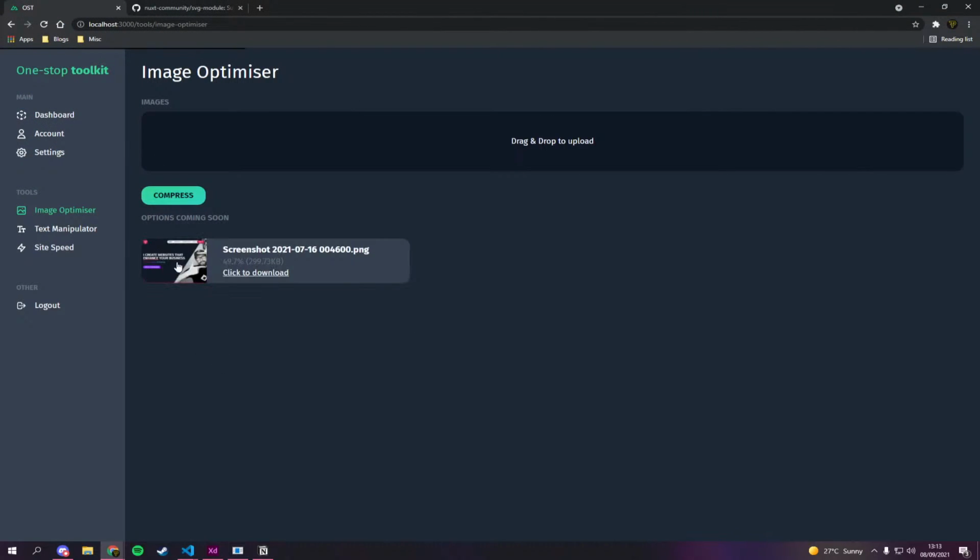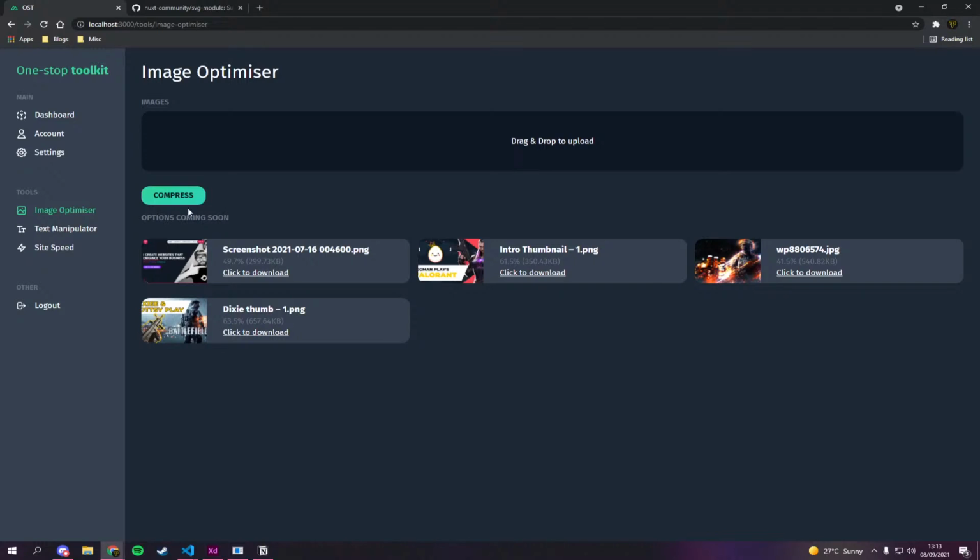I just click compress. And we're going to have some options later, but they're not available yet. But you can see here it says 49%, so it's cut it down by half. It's cut this one down by more than half, so it's 61.5% down to 350 kilobytes. And 41%, so from 500 on that, and same here. So you can see it cuts it down quite a lot, almost 50%.